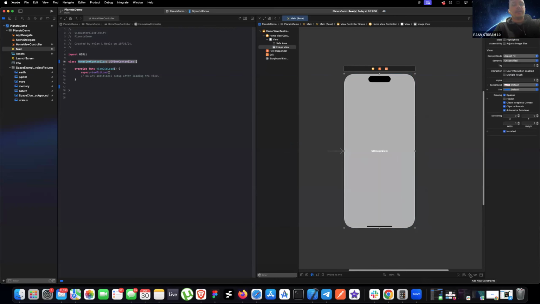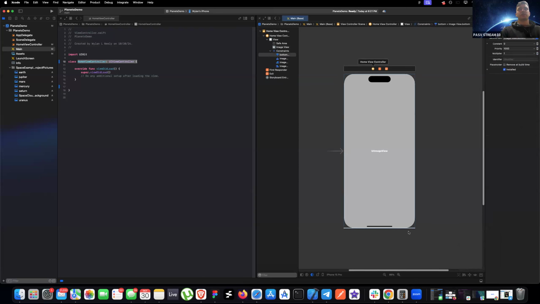Now, once you guys have the UI image view all pulled out to fill up the entire view controller, we're going to click down right here, add new constraints, this little box with the lines. We're going to go 0, 0, 0, 0. What this means is it's going to constrain it with 0 points in between the two views. So let's add the constraints. So now we've created a constraint right here. The bottom of the image view is constrained to the super view bottom with 0 points in between it. The leading edge of the image view